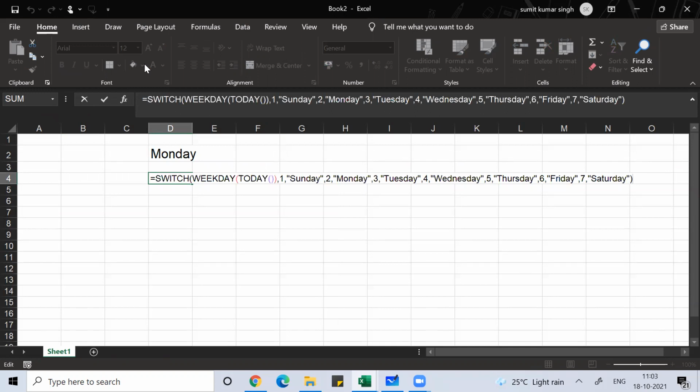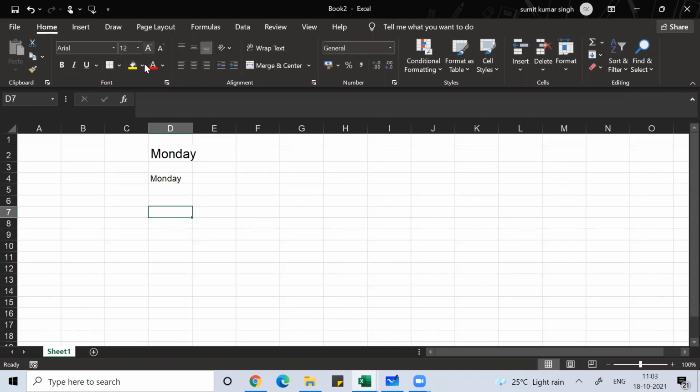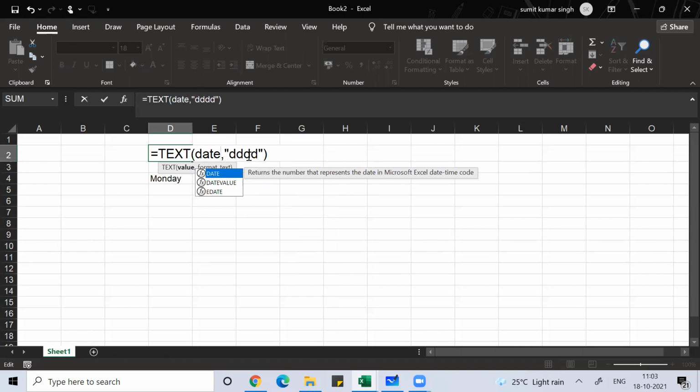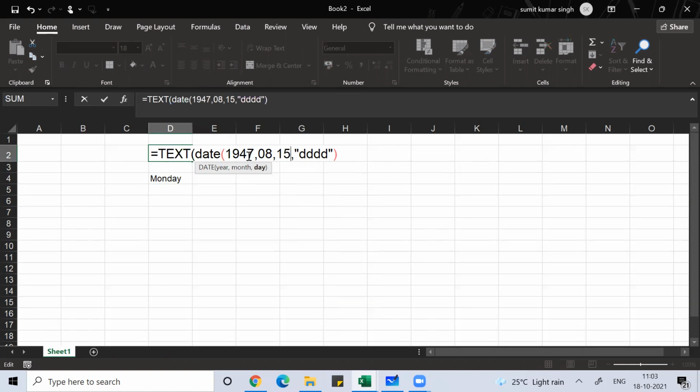Clear everyone? Similarly, if I want to know what the day was on 15th August 1947, press F2 here in place of TODAY. I'll write equal to TEXT, put the date, under DATE, year first, 1947, month 8 for August, and date was 15.